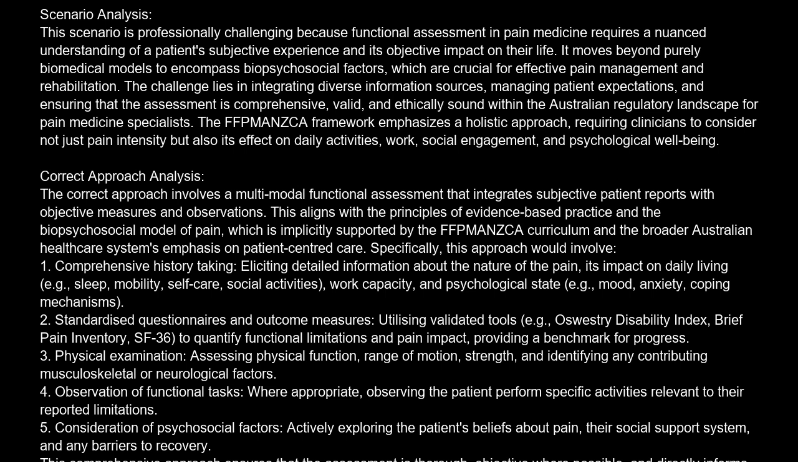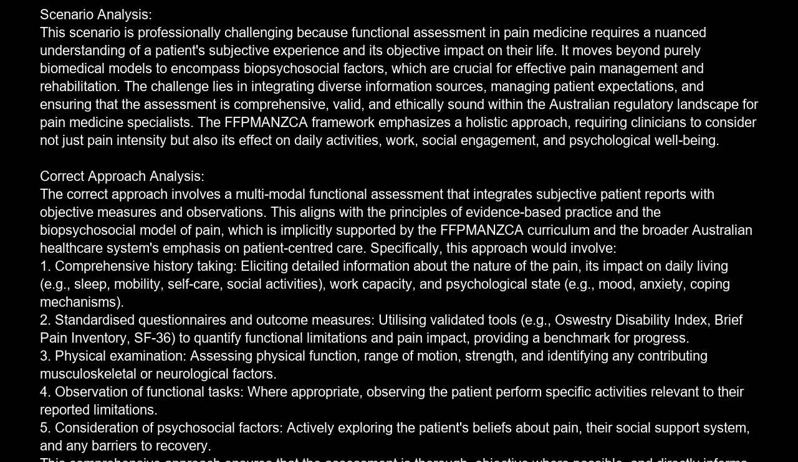3. Physical examination, assessing physical function, range of motion, strength, and identifying any contributing musculoskeletal or neurological factors. 4. Observation of functional tasks, where appropriate, observing the patient perform specific activities relevant to their reported limitations. 5. Consideration of psychosocial factors, actively exploring the patient's beliefs about pain, their social support system, and any barriers to